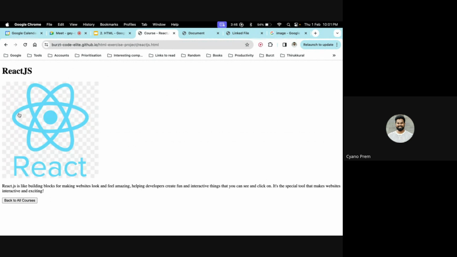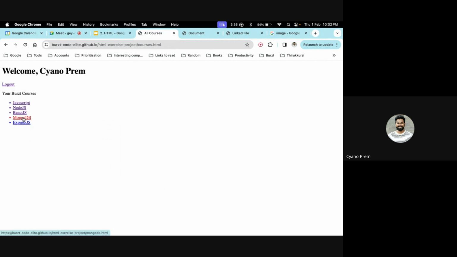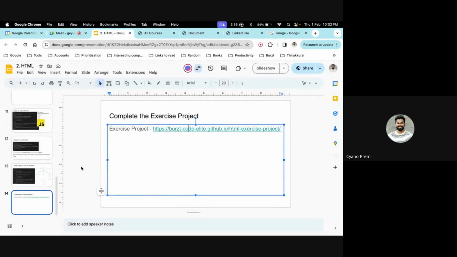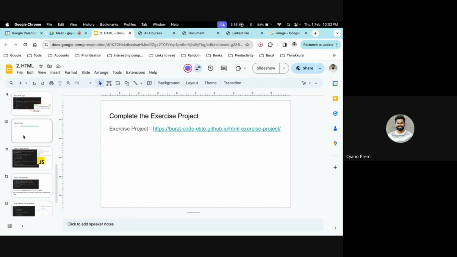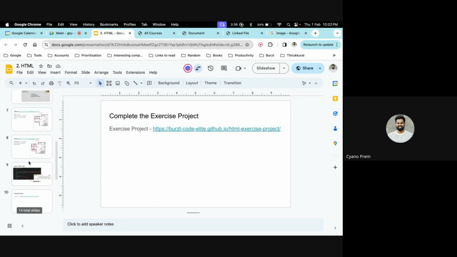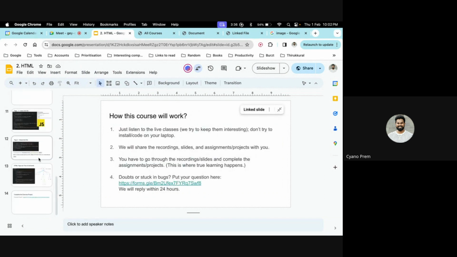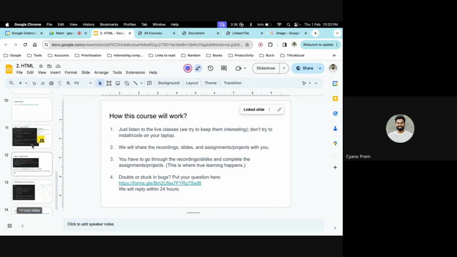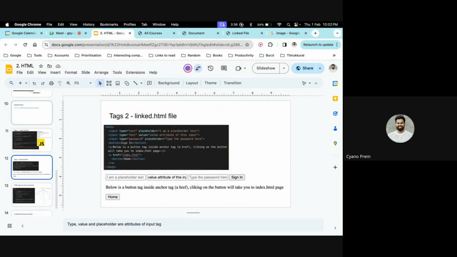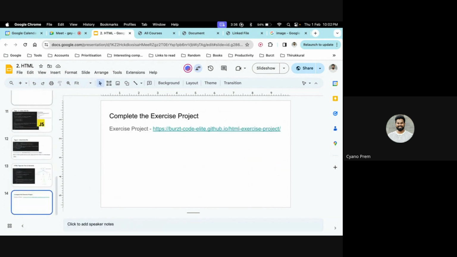So if you want to take images, you can just take these images instead of searching online. You can take the project images from here, right click and copy image address. You can use the same images if you want to play around and create the same kind of project. Okay, so this is an exercise project. It's not a difficult project. If you are feeling stuck, you can go through the recording, or you can ask us through this Google form. Okay, we will be sharing the slides and the recordings with you, so you can try out first this sample project, and then you can try out this exercise project.